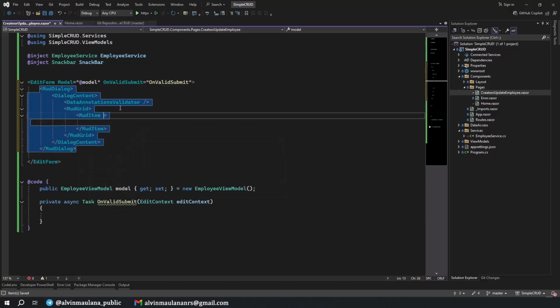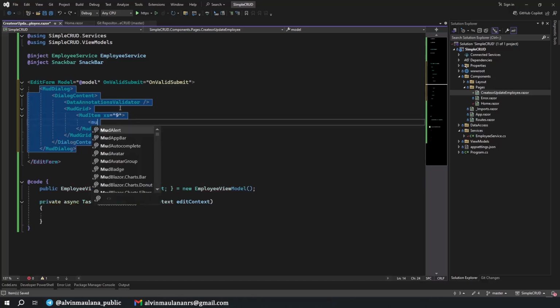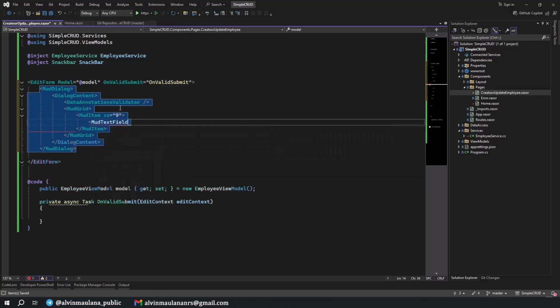This one we will set as xs, extra small of 9, and then we will have a text field in here, MudTextField with the variant. Where is it? Variant of Variant. Why is it not autocomplete? Yeah, Variant.Outlined.